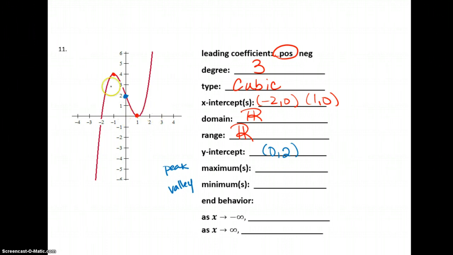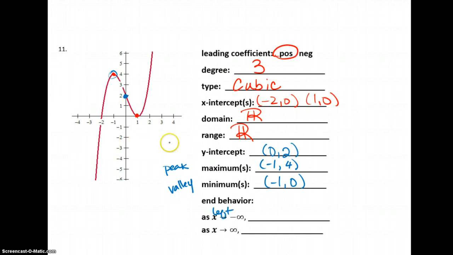So the coordinate of our peak up here would be -1, 4, and our minimum or our valley would be -1, 0. Again, revisiting end behavior, as x goes to negative infinity, meaning on the left side,